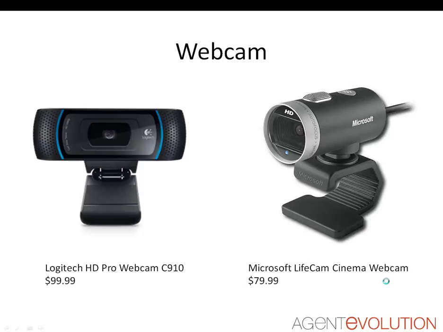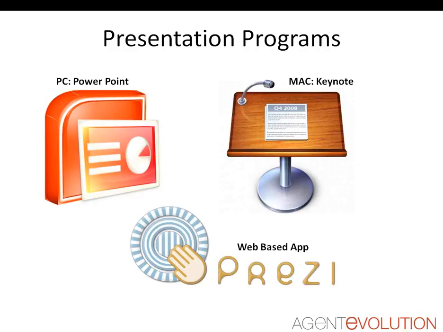All right, let's talk presentation. Putting your thoughts and organizing the components of your listing presentation are really important. If you are a PC user like me, then you're possibly going to be using PowerPoint. If you're using a Mac, you have, of course, Keynote. And another really fun way to organize some visual aids is with Prezi. Prezi is a web-based application for presentations. The reason I like it is because it's very interactive. It's almost like a map of your presentation, and you're bringing different parts of it to life as you click on those different features of your presentation.